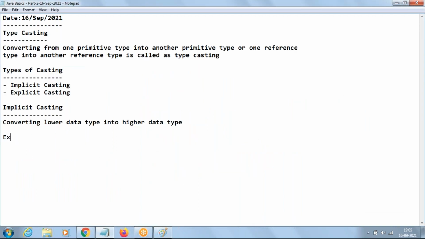For example, if you take an integer variable whose value is 100, and you assign it to long, the conversion will happen automatically for us, because integer occupies 4 bytes, long occupies 8 bytes. Now if you print the value of x, it will be 100. One more example.